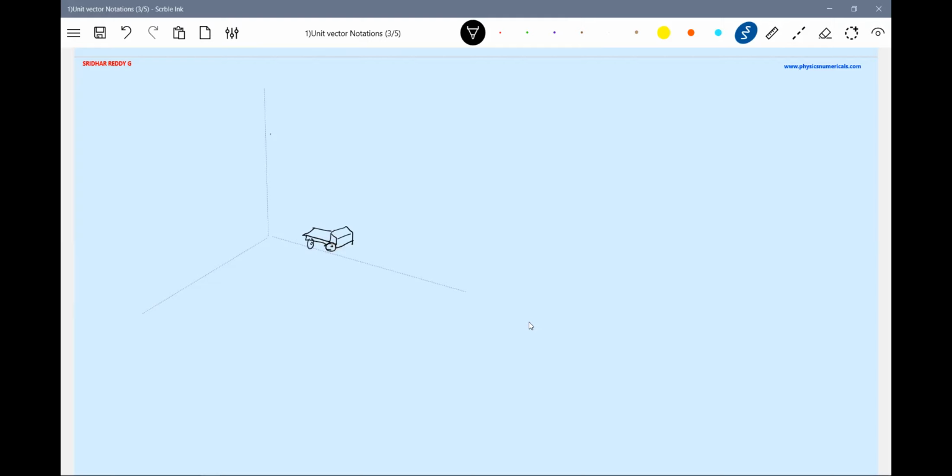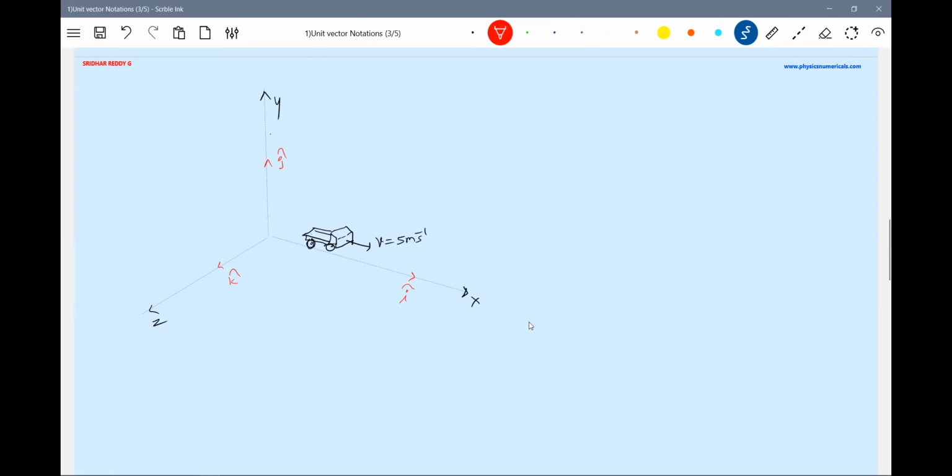There's a, I think it's a truck. Wheels will be a little bit small. No, it is moving along positive, so along positive x-axis with a velocity, say, 5 meters per second. So what is the direction? Direction, it is moving along x-axis. And we know what is the unit vector? It will be i cap, j cap, k cap.